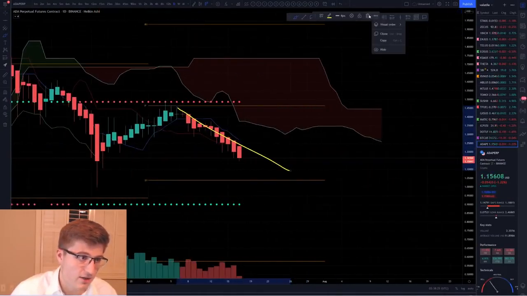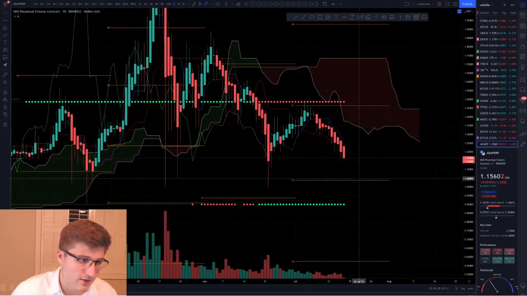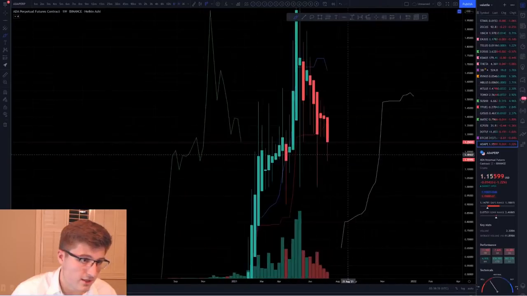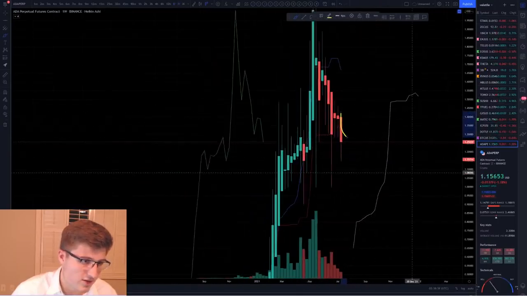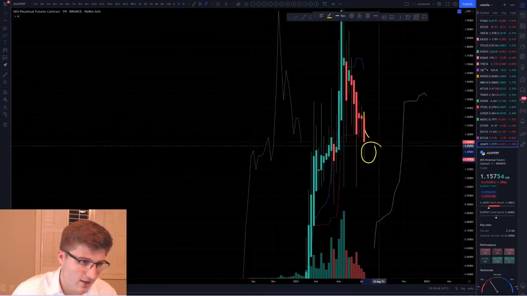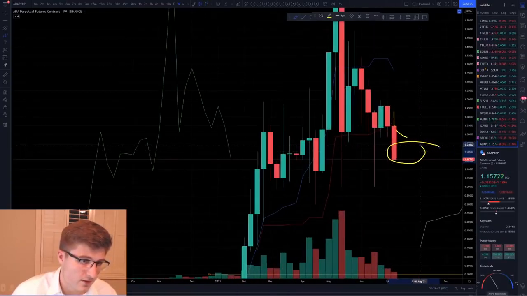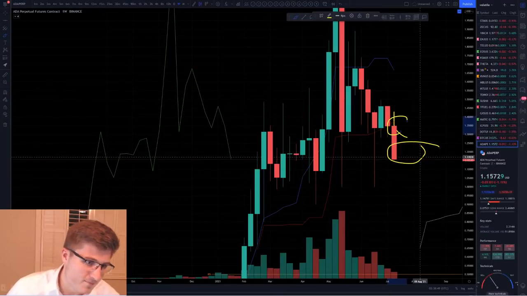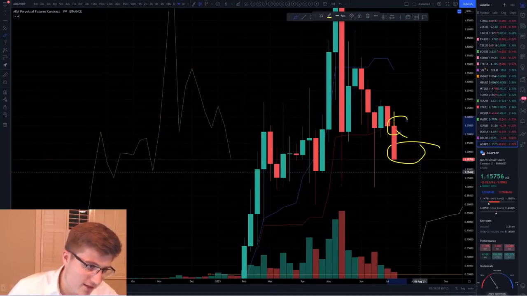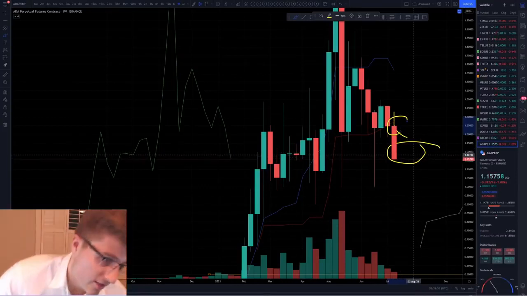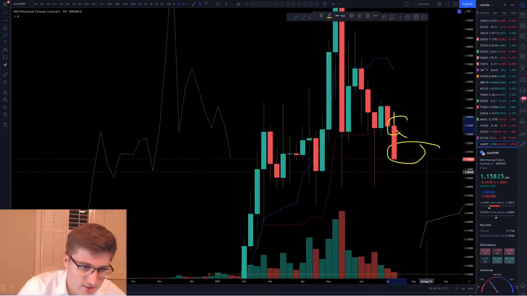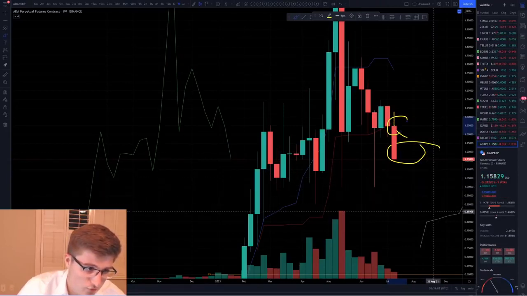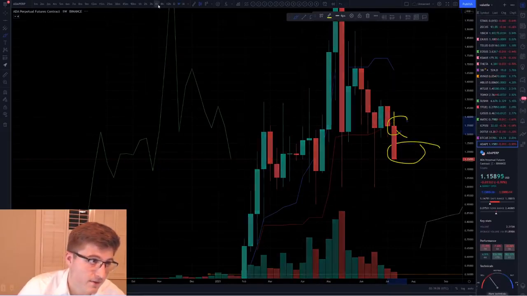Let's see. This S1 level is around $1. It's on the daily though. Let's go on the weekly. Looking pretty bearish. This is a strong candle. We do have some buyback right here. A lot of support though. A lot of support here. This is the other side of the shoulder. I mean, this candle is really bearish. But yeah, maybe we'll come back down to around this dollar area. That's kind of what it looks like. For the upside, we need to see price movement within the next few days, or else we will be coming down to at least this dollar area, if not around this 84 cent area.